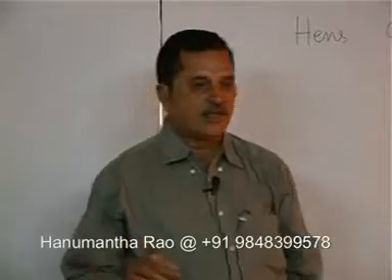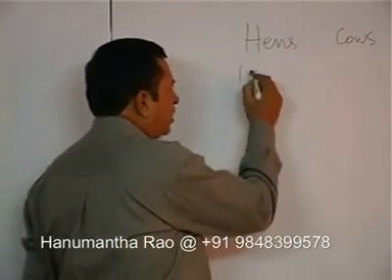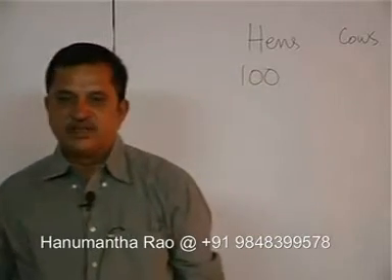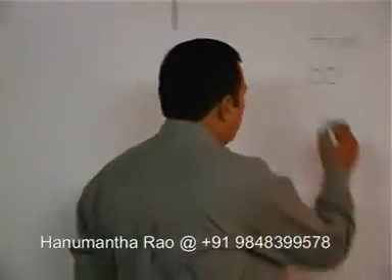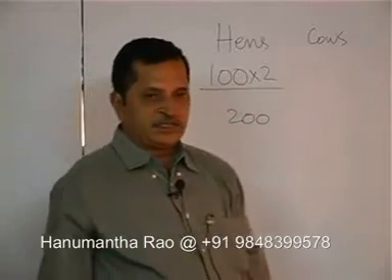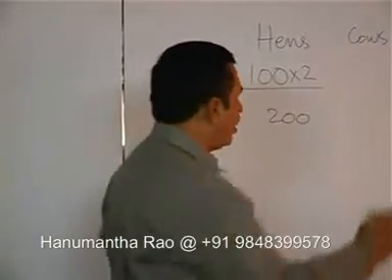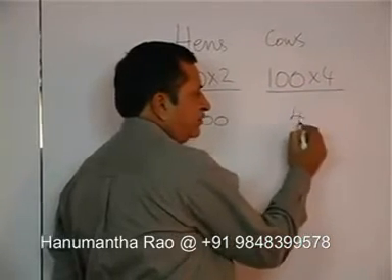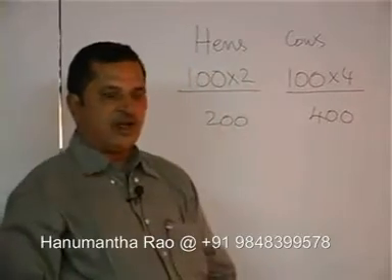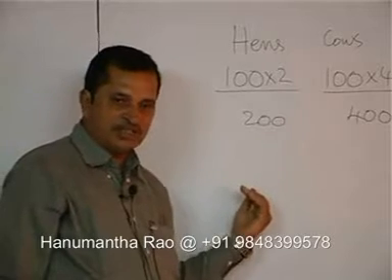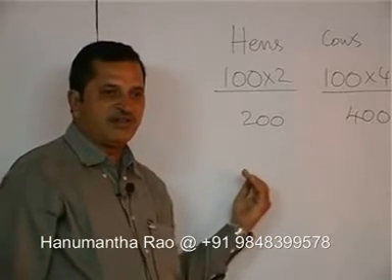Suppose I think all the 100 animals are hens. Then how many legs should there be? 200, because 100 into 2, the legs must be 200. Suppose I think all the 100 are cows, how many legs should there be? 400. So under any circumstances, the number of legs will not come lesser than 200 unless any hen is